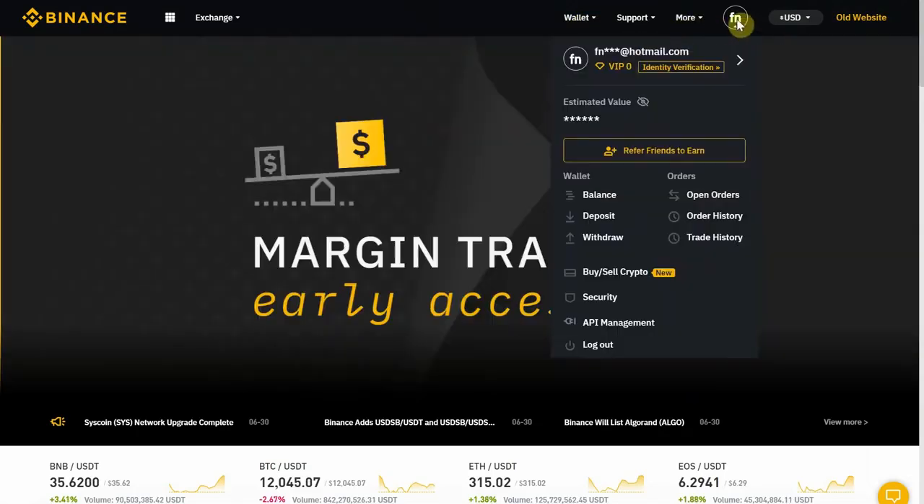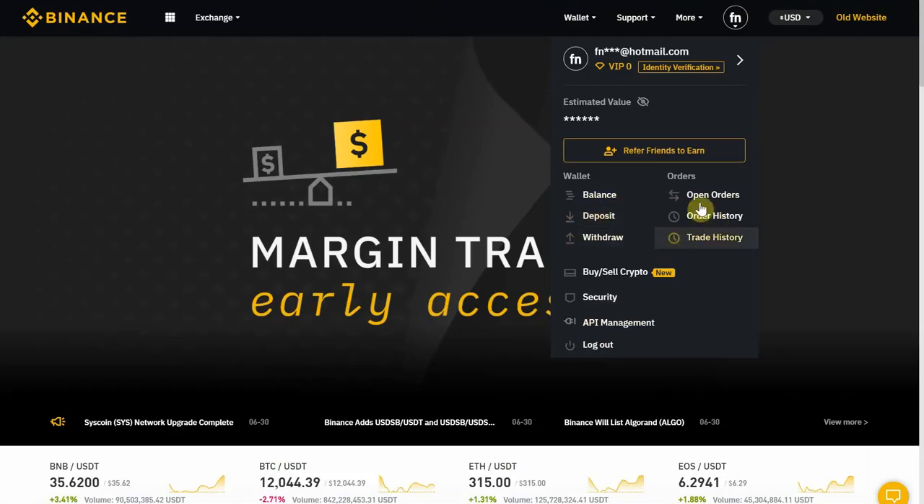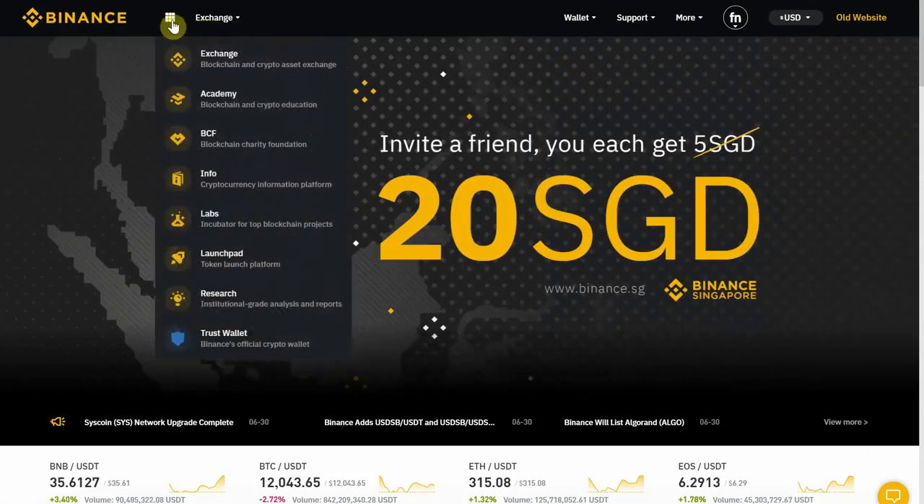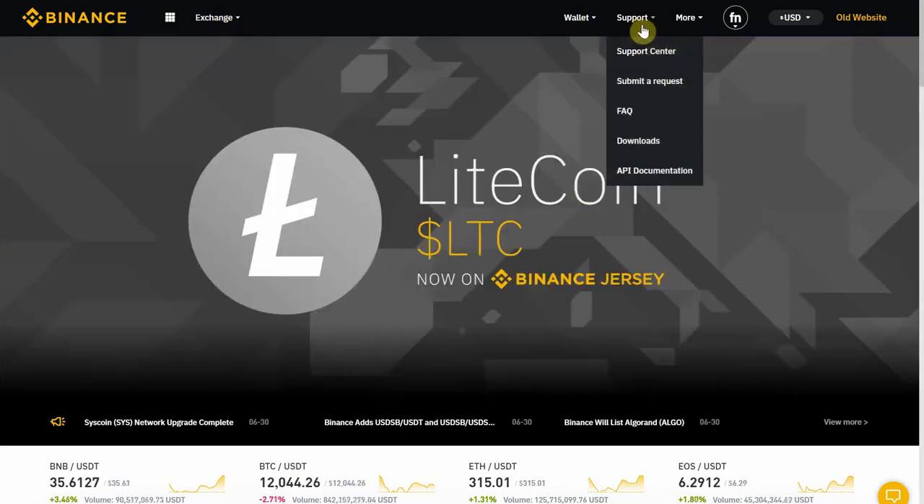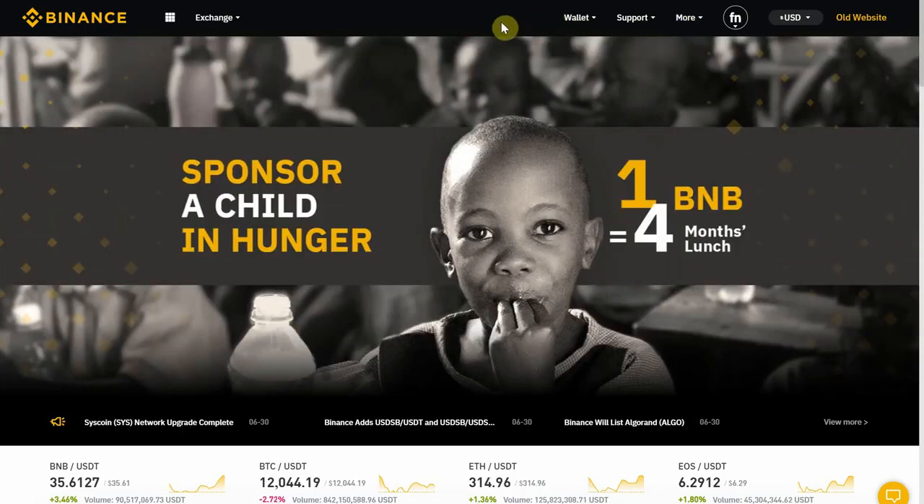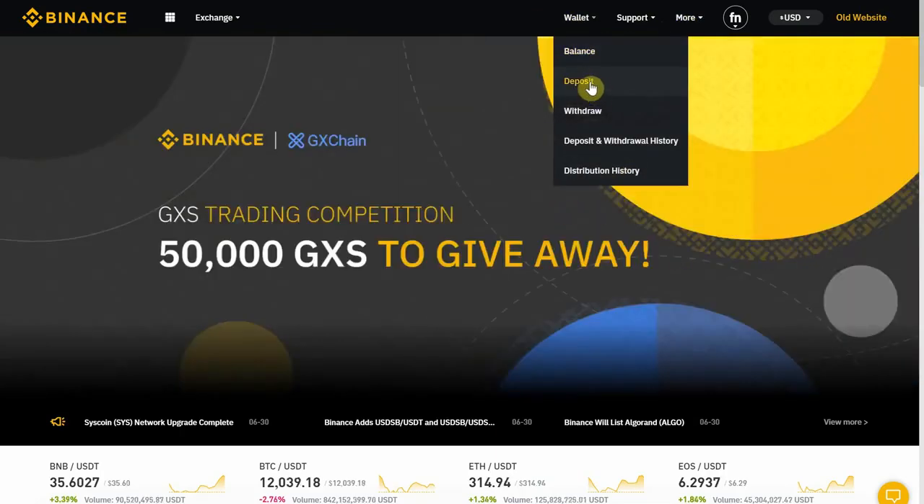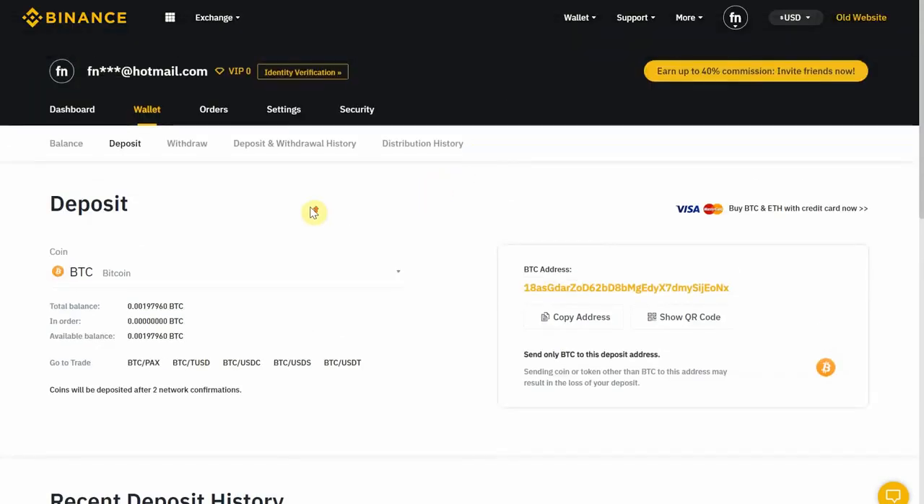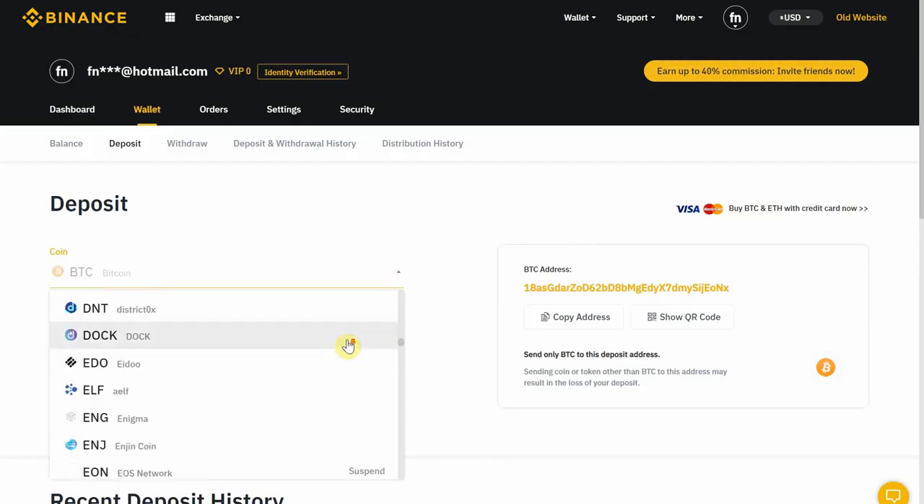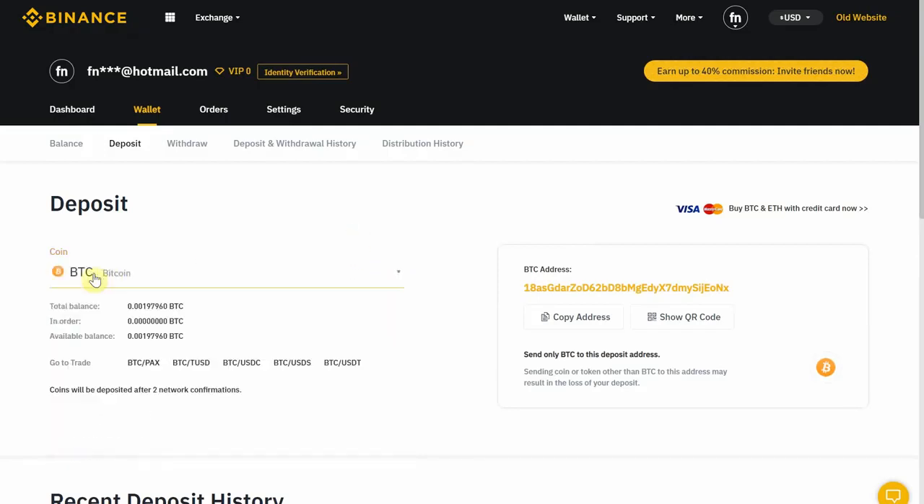So I'm already logged in. You have my account information here, along with some shortcuts. This is the same as I showed you before: the exchange, wallet, support, and more. I'm going to go ahead and select the deposit. So over here you have the coin selection. I mean, if I want to deposit Bitcoin, I would select BTC there, and it would tell me my